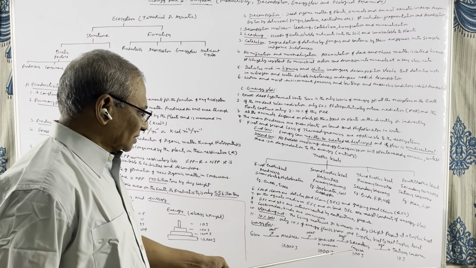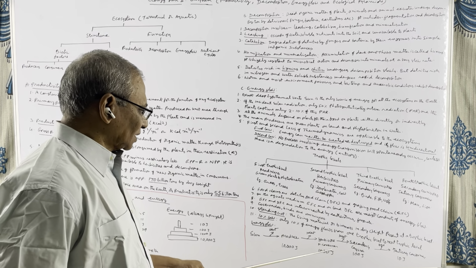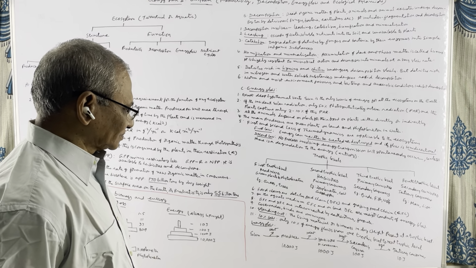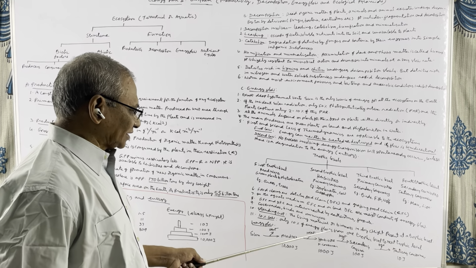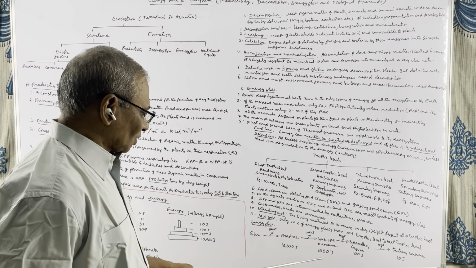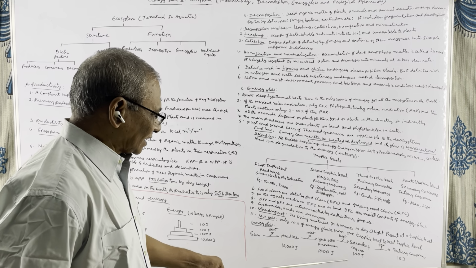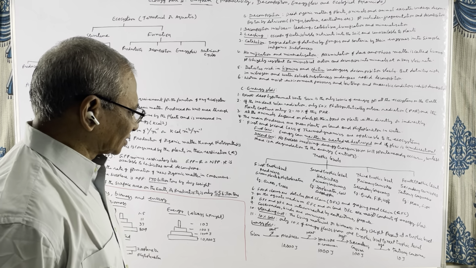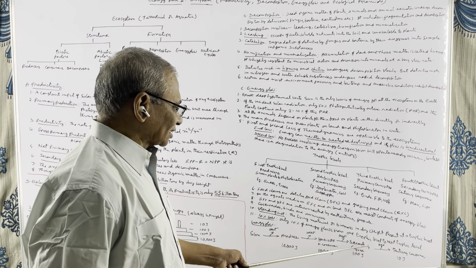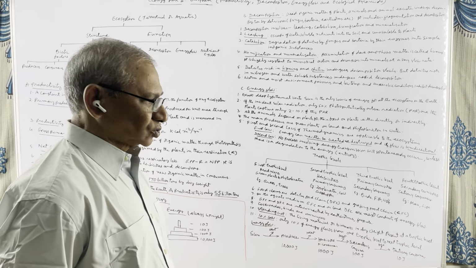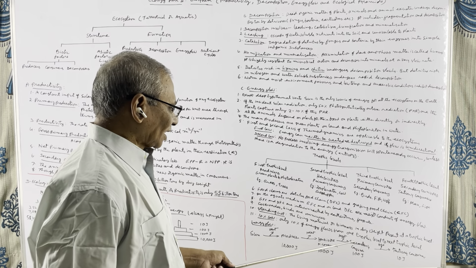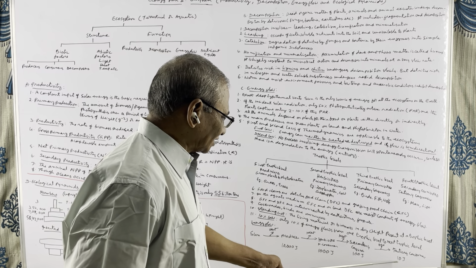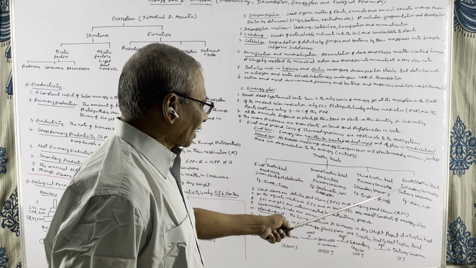Then, this is the third trophic level. The herbivores also respire. The body also loses heat. They lose heat or energy in various forms. And out of these 1,000 joules, only 100 joules is passed to the next level. That is the third trophic level. Here also, the animals lose heat through respiration and through their body surface. And out of these 100 joules, only 10 joules are passed to the last trophic level, that is the fourth trophic level, tertiary consumers.